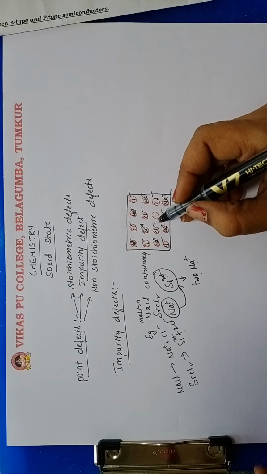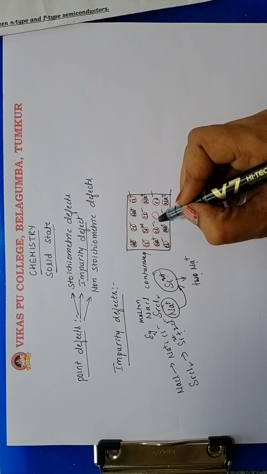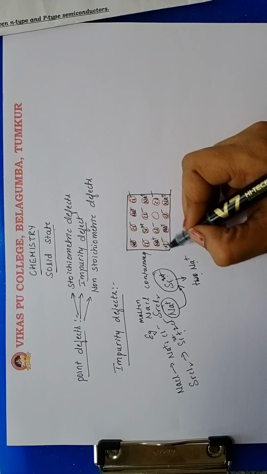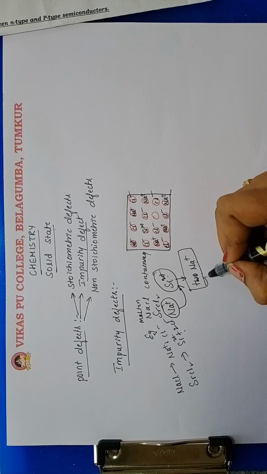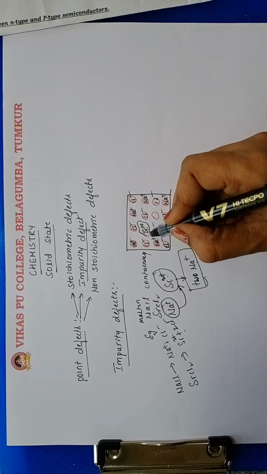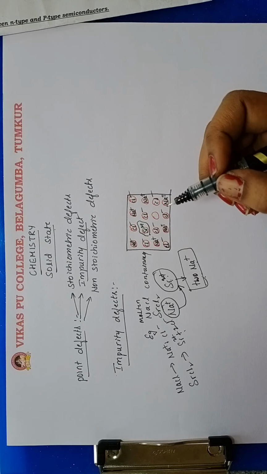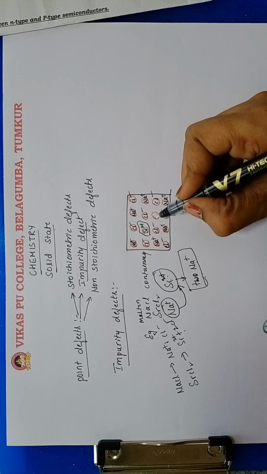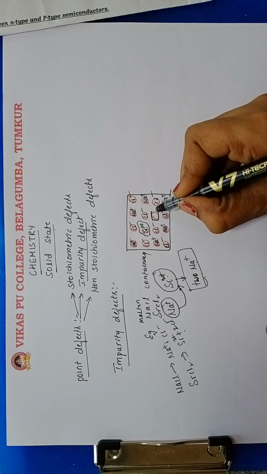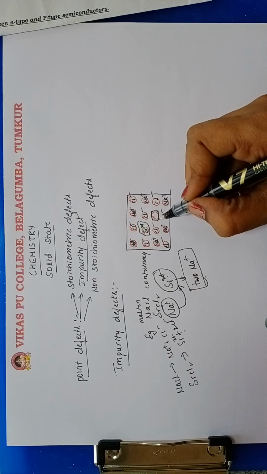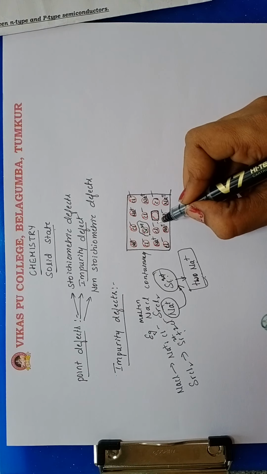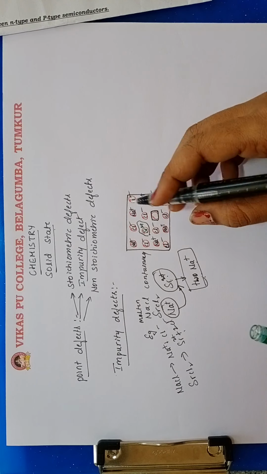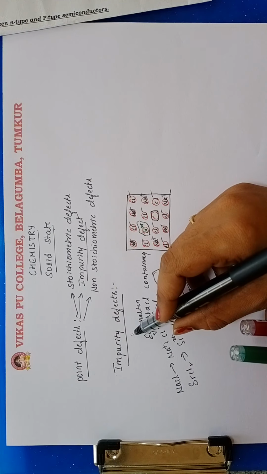You can observe in this that instead of two Na plus ions, one Sr2 plus ion occupies one of the lattice sites. Another site remains vacant. Thus, the number of vacant sites produced is equal to the number of Sr2 plus ions. Therefore, this type of defect is called an impurity defect.